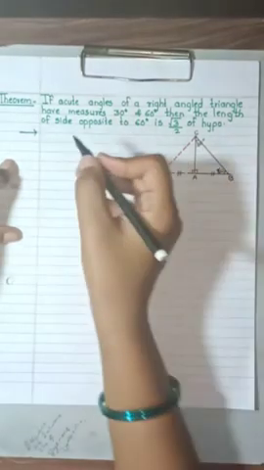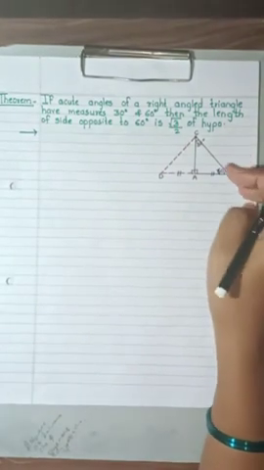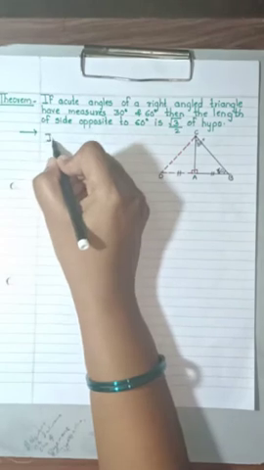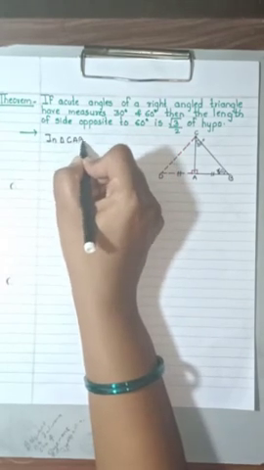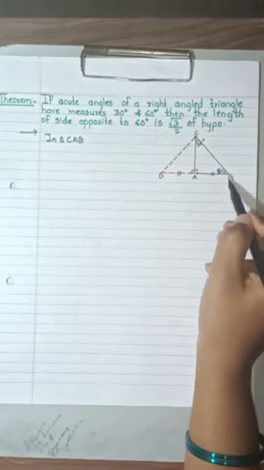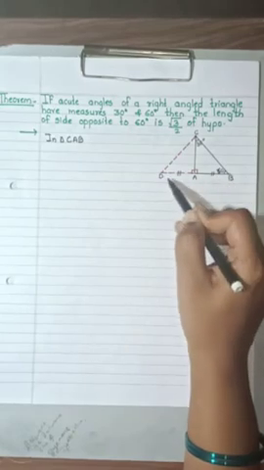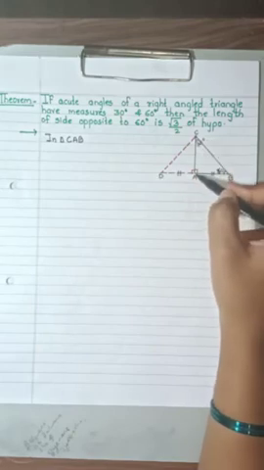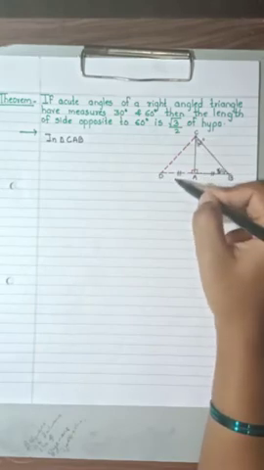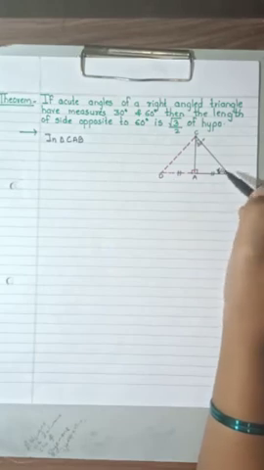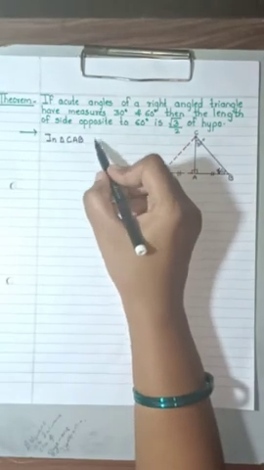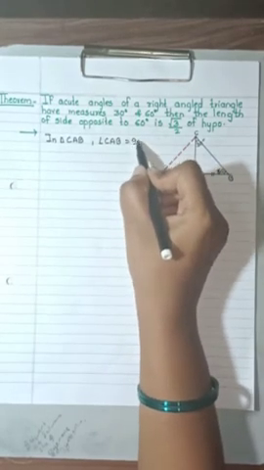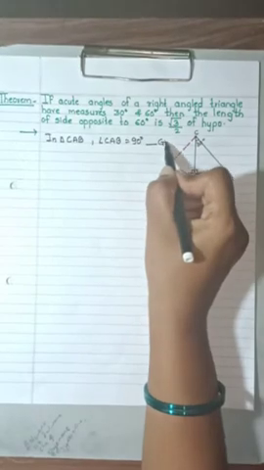Okay, so here we'll consider the triangle CAB. In triangle CAB, now you can see this red part. We have extended this ray AB to point D, and then we have joined DC, such that A becomes the midpoint of segment DB. Now in triangle CAB, angle CAB is equal to 90 degrees, and this is given to you.